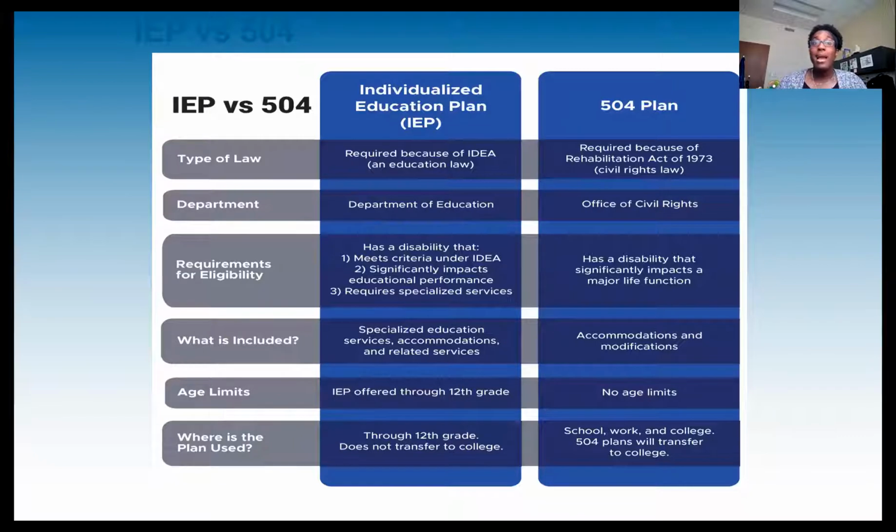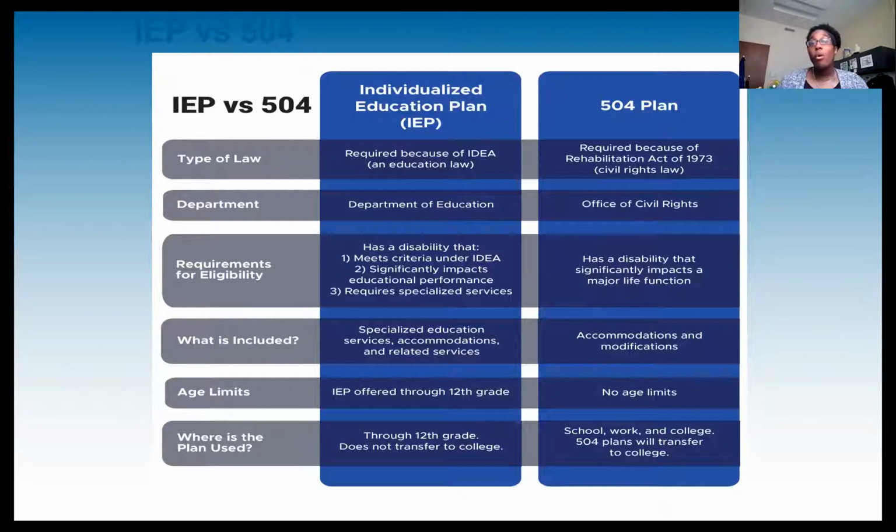A student with an IEP is reevaluated every 3 years, and that is just to determine continued eligibility for an IEP. A parent can request a reevaluation really at any time within that 3 years, as long as it is not less than a year from when they were last reevaluated. And you also will review an IEP annually. So you will always have an IEP meeting.